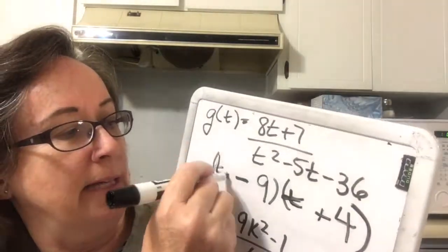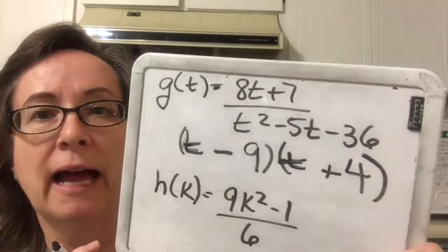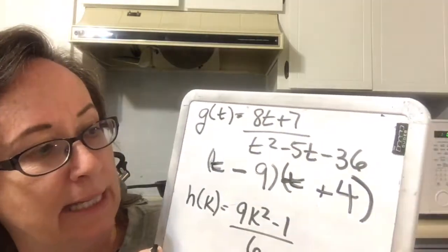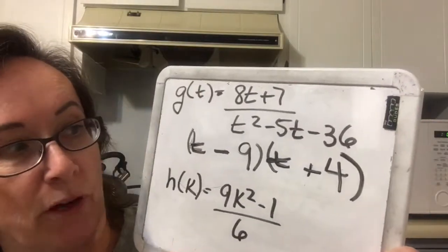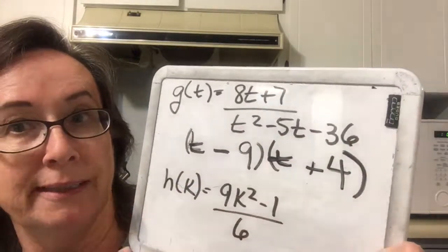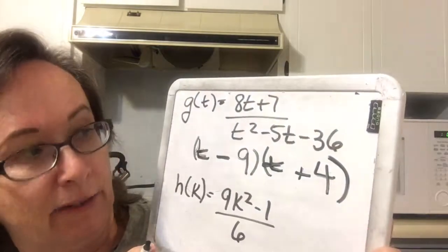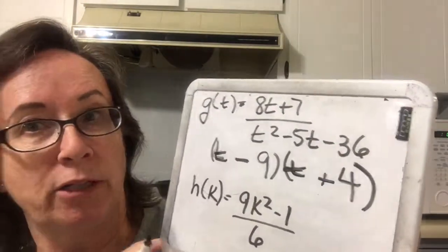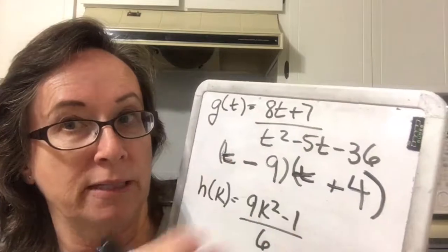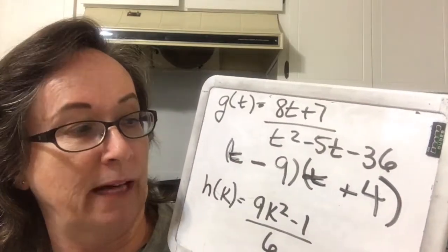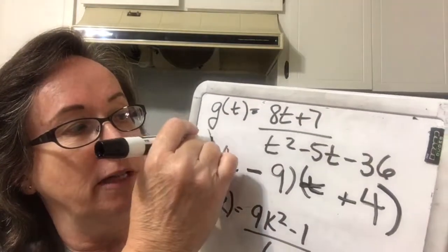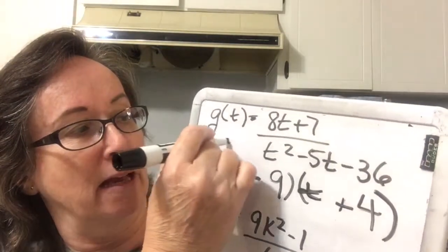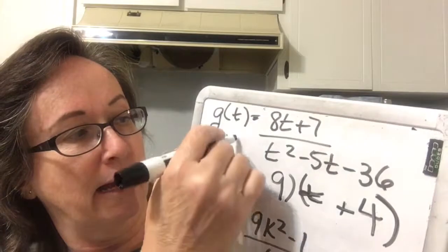So I've got t minus 9, t plus 4, and when I FOIL that together, can you confirm that I get my original denominator? And I do. So now I'm going to set each factor equal to 0, and those will be the values that I exclude. So I'm going to say t cannot be 9